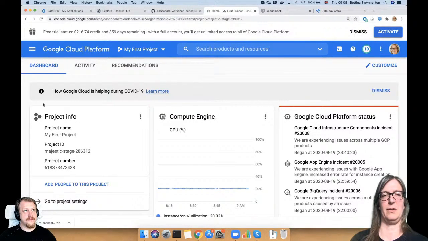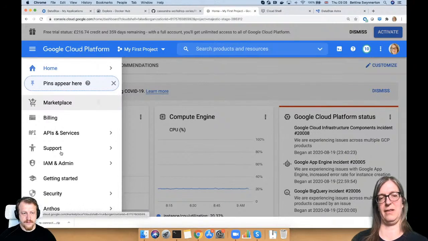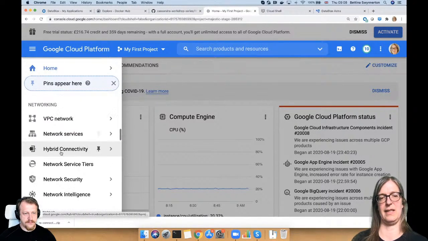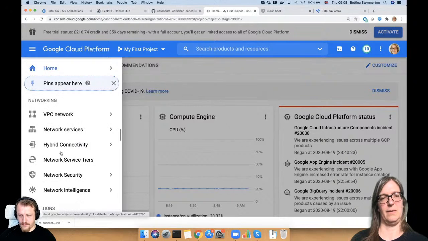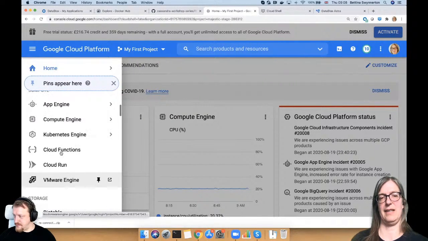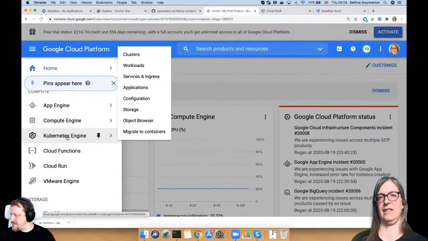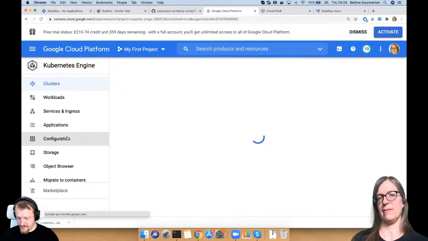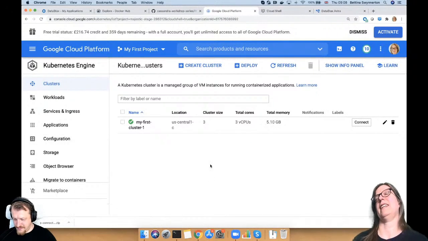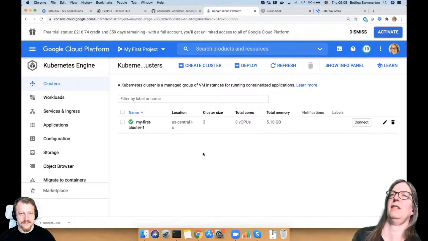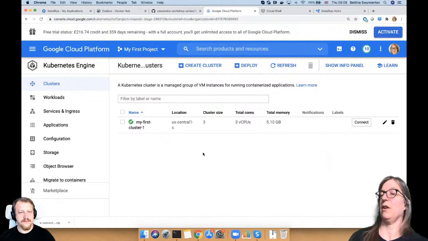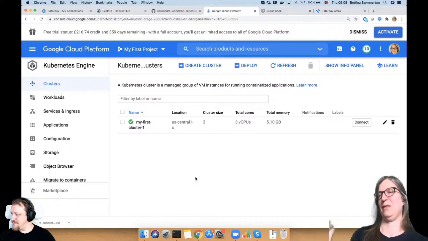Now we will use everything. The console is, you can have everything on the side, all the different services. And we will use the Kubernetes engine today. So let's go into that. And I've already set up a cluster for you, which I've used for the last couple of days. I'll show you how to create a cluster, but I will not create the cluster now because it takes time, right? It spins up 3 to 5 minutes, and we probably don't want to do that during the demo.